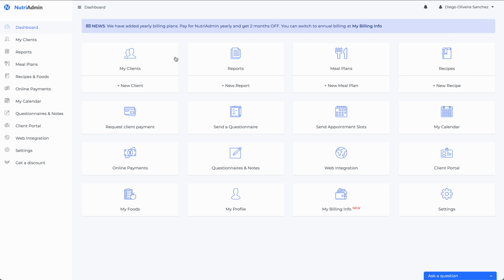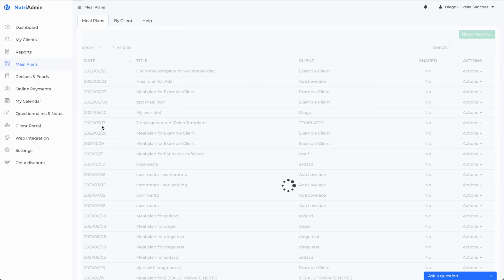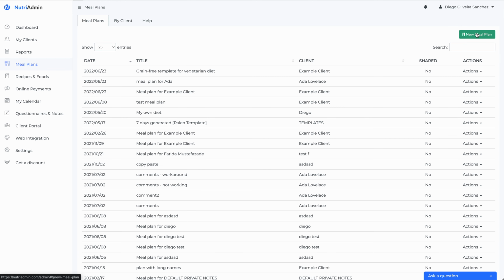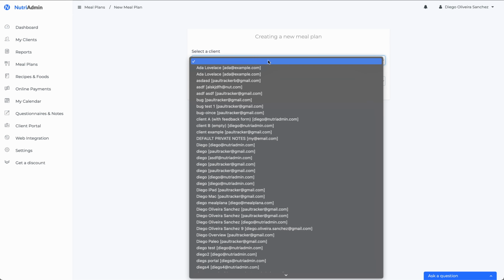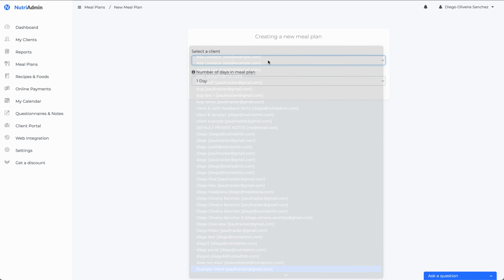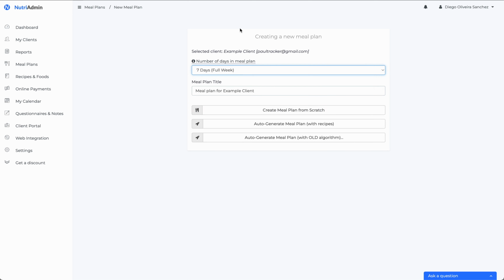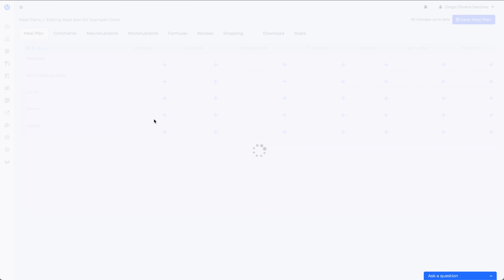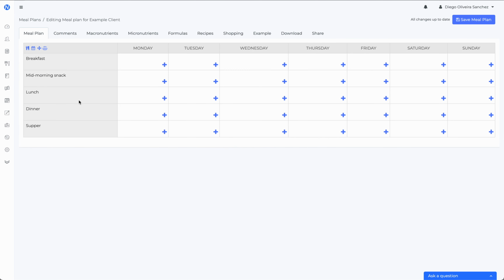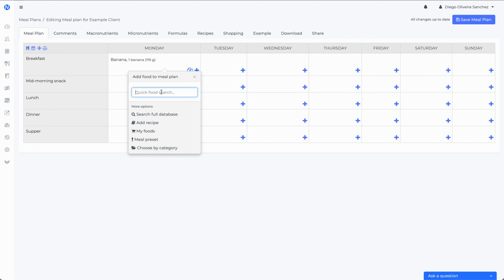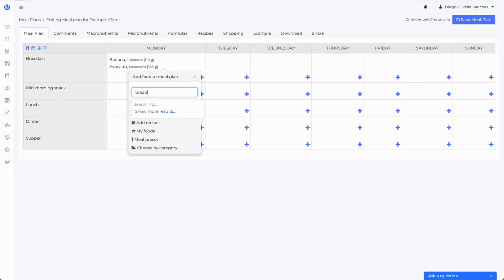Right, so the features that would be most relevant to students would be the meal plans feature, where a student can create a meal plan from scratch, and I can show you how this looks. Everything in this interface is customizable, so the student can add items to a meal plan, and once you add meal plan items here,